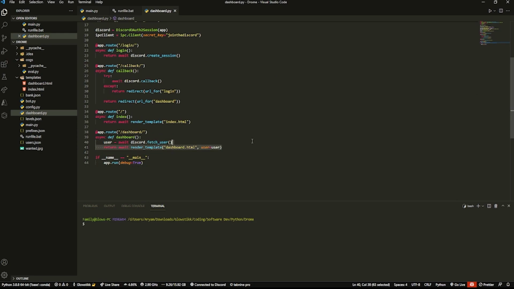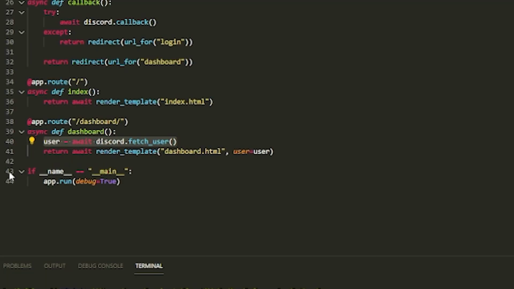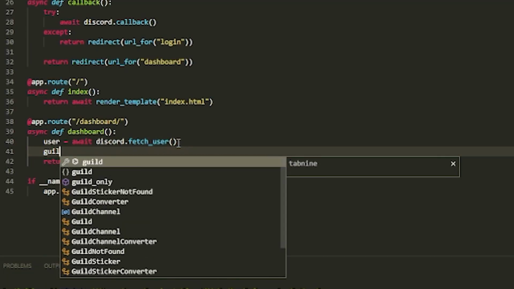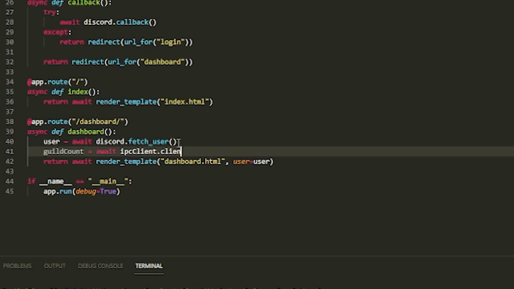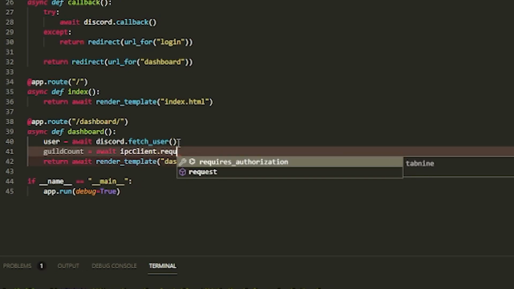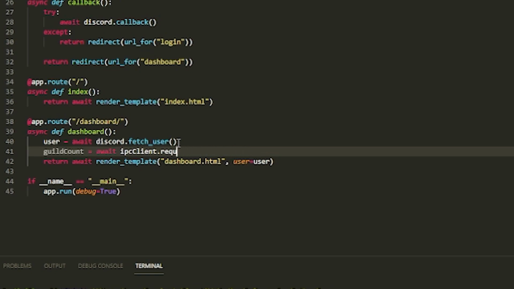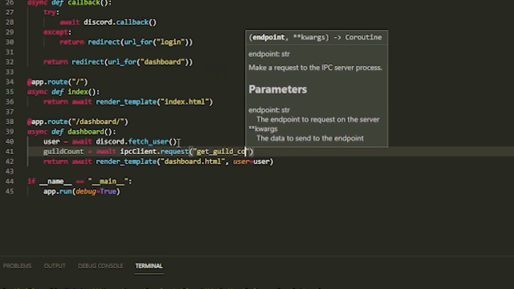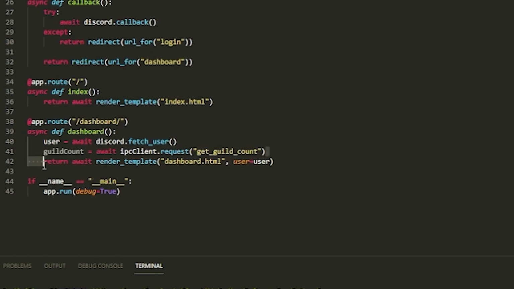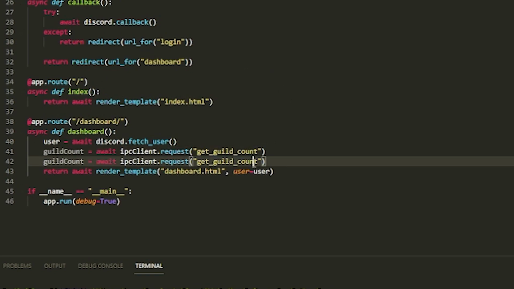And now that we've connected the IPC up, we can actually make some things. So in our dashboard here, we're actually gonna erase a bunch of this. So we're gonna create another variable called guild count, and that's gonna do await IPC client dot request, and that's gonna send a request to the bot, and it's gonna get guild count. So get underscore guild underscore count. Make sure everything's proper like that, and then we can copy this, and we're gonna grab the same thing for the IDs. Get guild IDs, and then change this